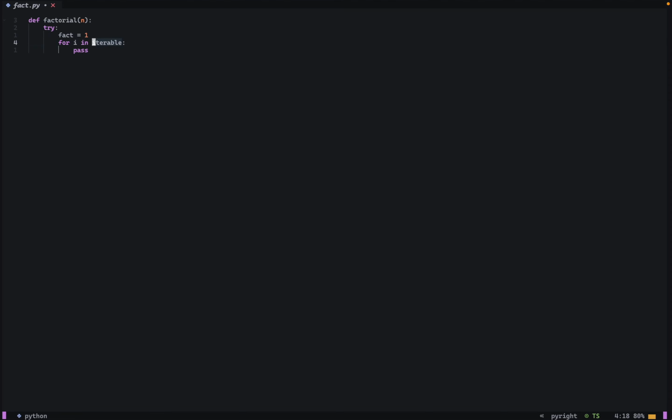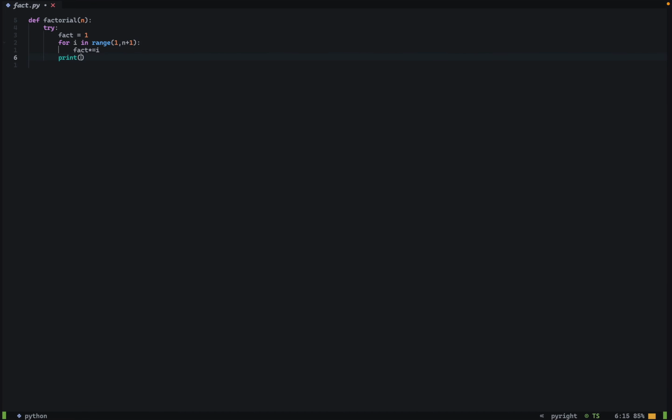So for i in our iterable, which is going to be range from 1 to n plus 1, since n is our input parameter, we do fact *= i. So at the end of the execution, fact is going to store the factorial of n, and in the end we are going to